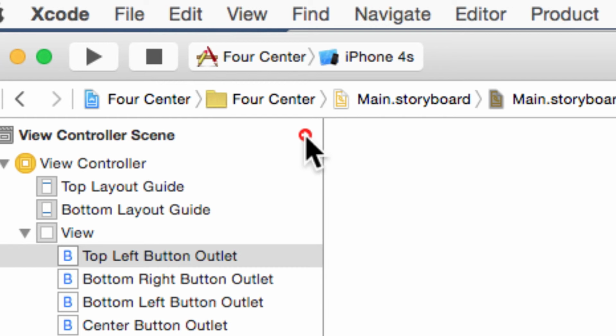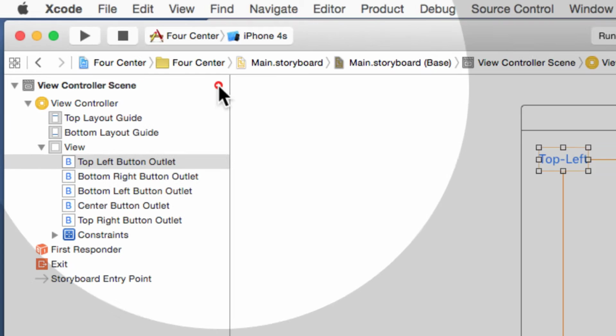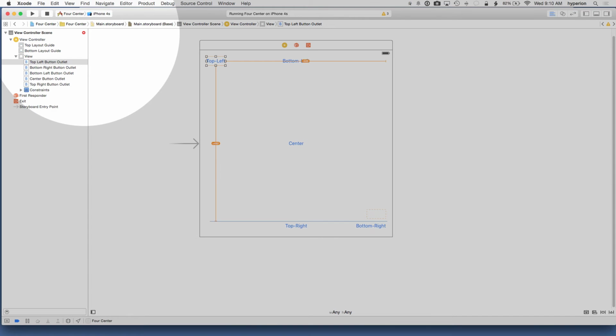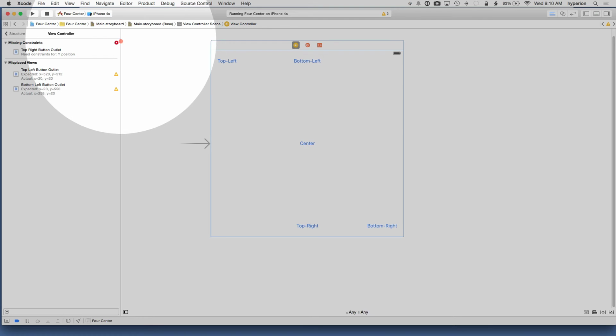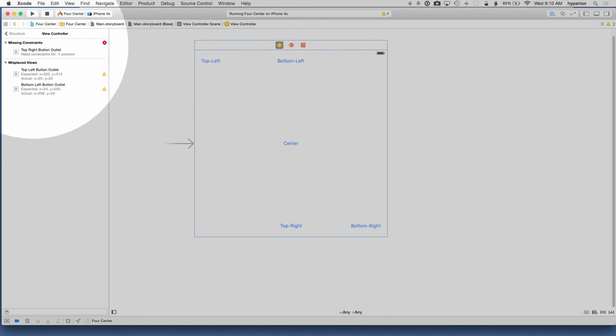This red arrow is telling me that I've got some issue that I need to deal with. And if I click on that, now I get a list of each of the problems that I have to deal with. And it is currently divided into two sections. It says that I'm missing constraints for my top right button outlet, and my top left button outlet was expected